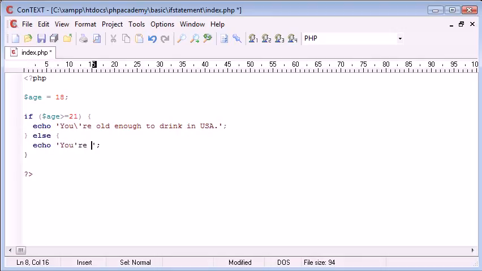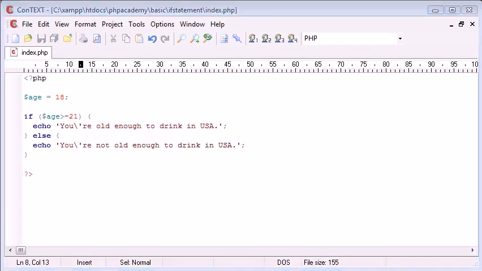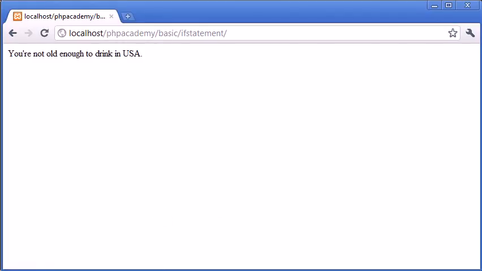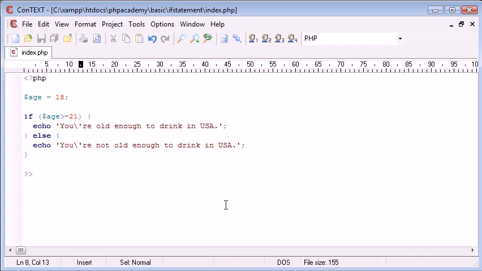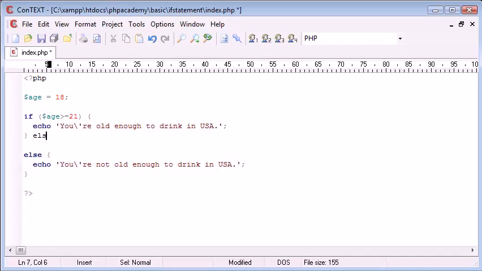echo you're not old enough to drink in the United States of America. Absolutely fine. Let's cancel that out again. So I'm going to refresh now, and it's going to tell me you're not old enough to drink in the USA. But what if I wanted to include the UK laws? So I could say else if something else. And the way we do this is let's just pull this down a bit. So I'm going to say else if